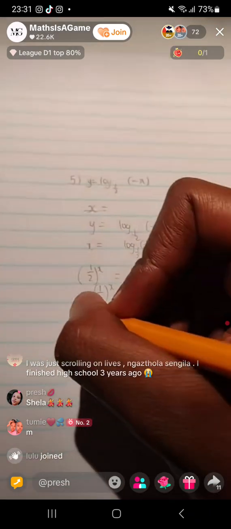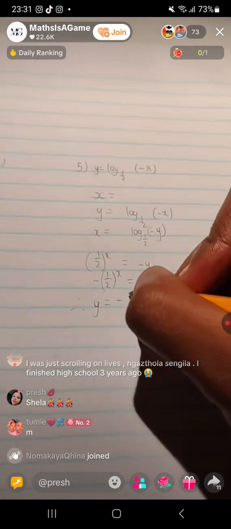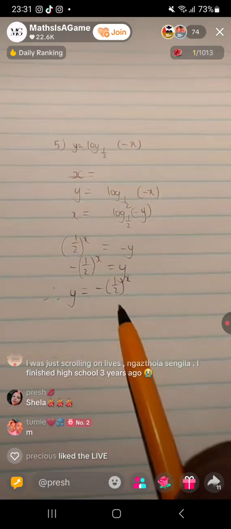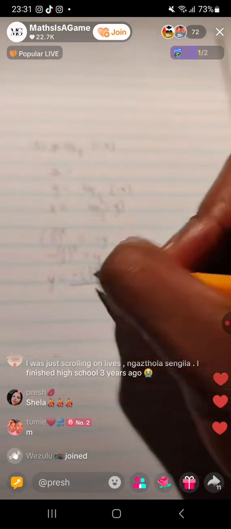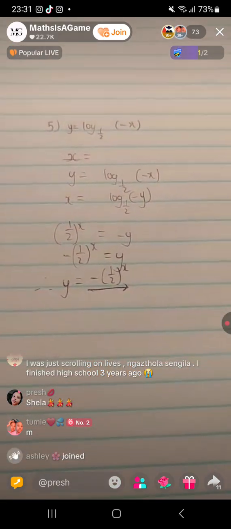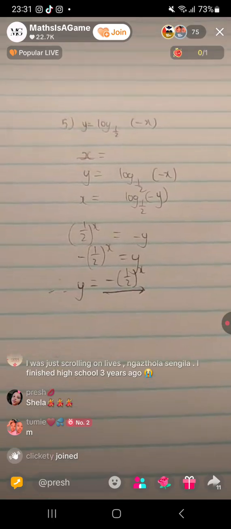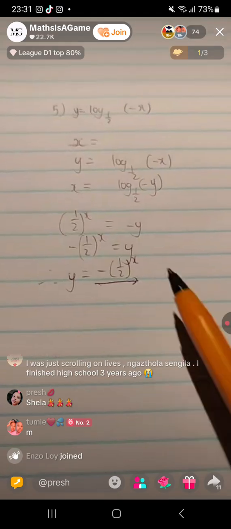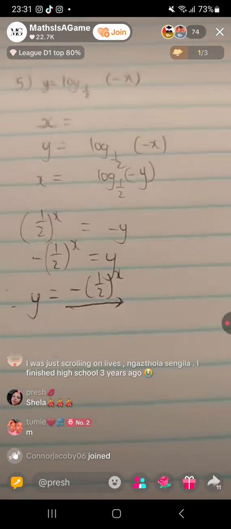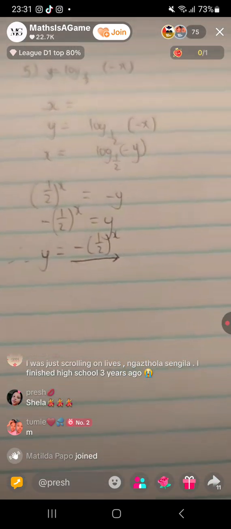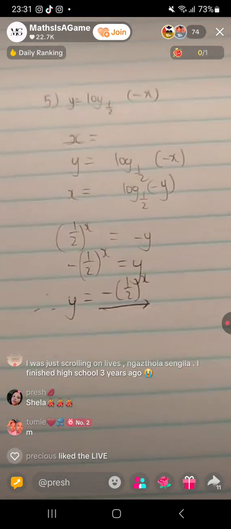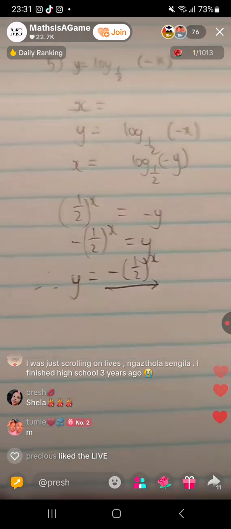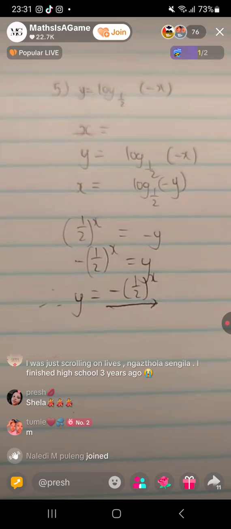Divide both sides by negative. Guys, the answer is y is equal to negative half to the power x. Remember, this is the positive exponent. It can only be in this state. Okay. If we would write it as 2 to the power negative x, it just means we are writing it as a negative exponent. We want to leave it there in that situation. But I guess if you leave it as y equals 2 to the power negative x, that's also, technically it's right, but as positive exponents, this is how it would be.